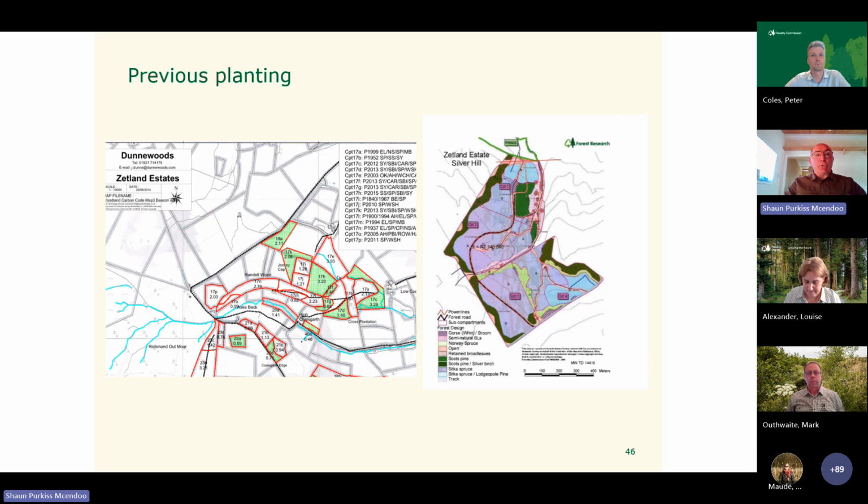And the biggest area of woodland that we've got on the right there, which is Silver Hill, we planted in 2019. It's about 48 hectares of land, which we negotiated, taking that back onto the estate ownership fully, and turned that into a productive woodland, which is now reaching its 5th year since it was planted, 2019-2020 planting year.